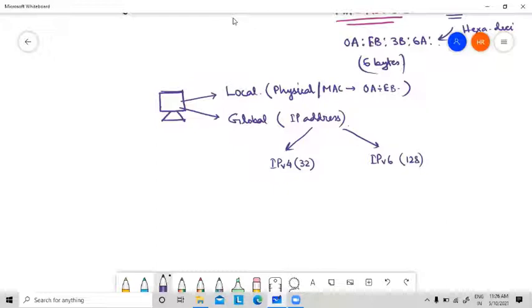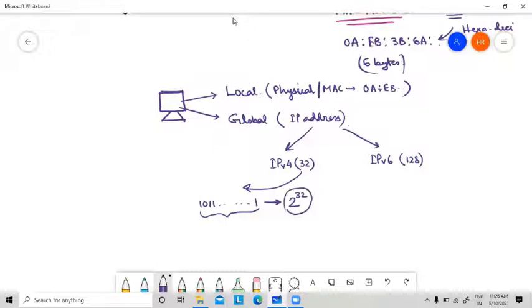Now, why 32 bits? The address is represented using these 32 bits, like this: 10111 and so on, 32 bits. So you can easily understand how many devices you can represent using 32 bits. You can represent 2 to the power 32 different devices. But nowadays, the number of devices is much more than this.